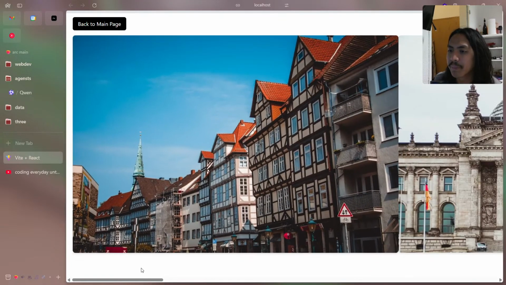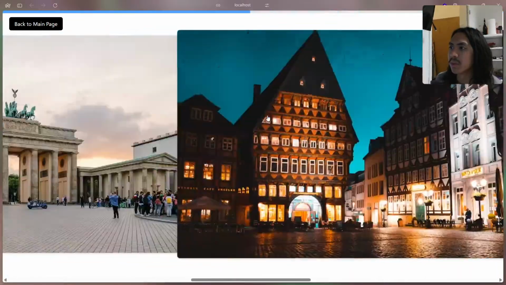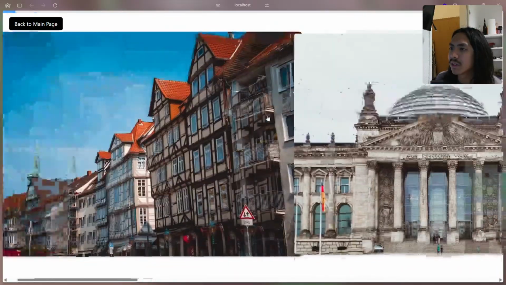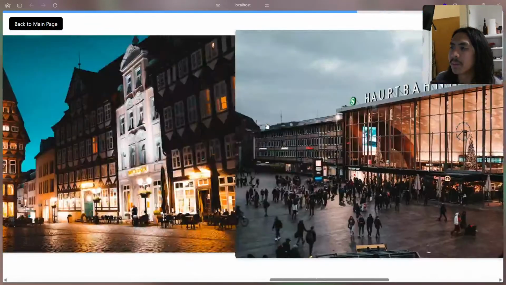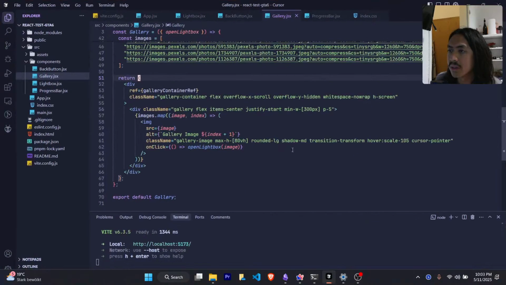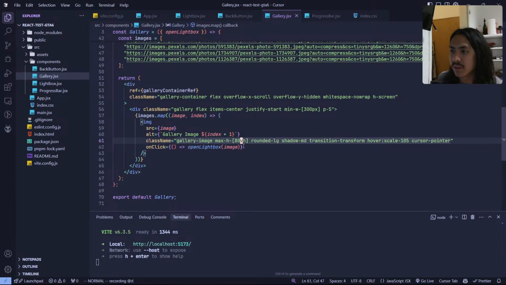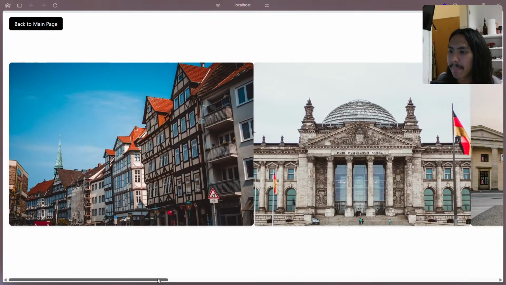Okay. But basically this is what we're making, just this scrollable gallery. This is what I've been trying to implement into the project. Let's see. Let's make this like 60. I was wondering if I could make like a